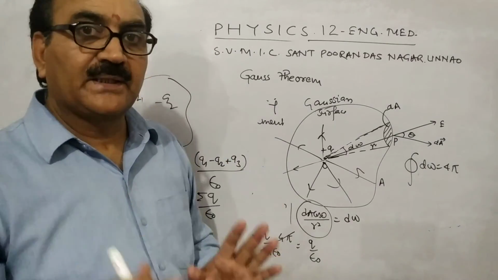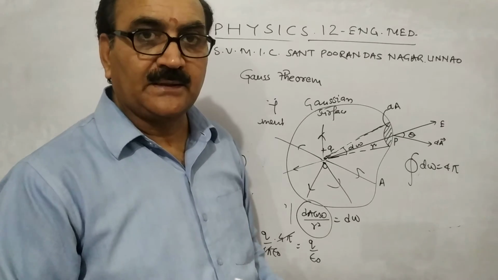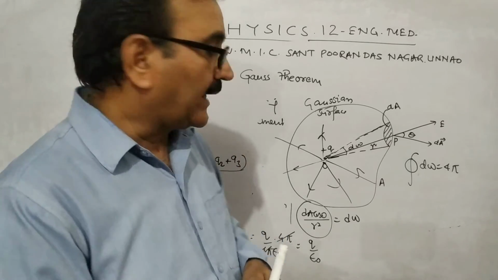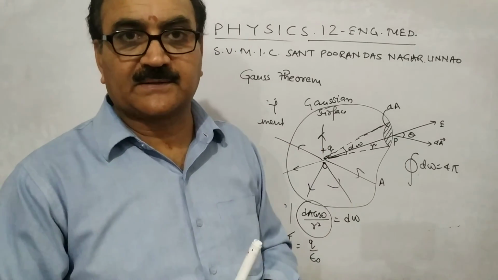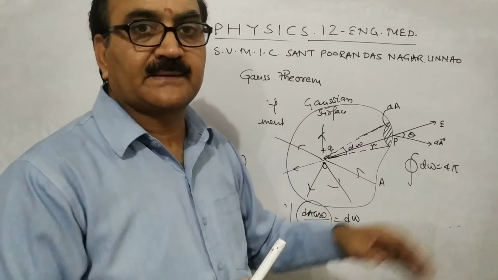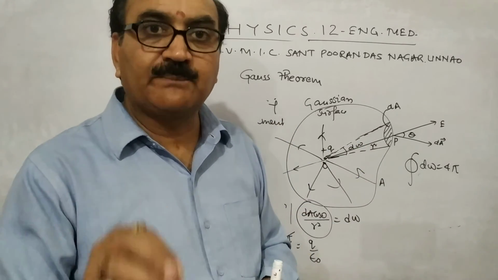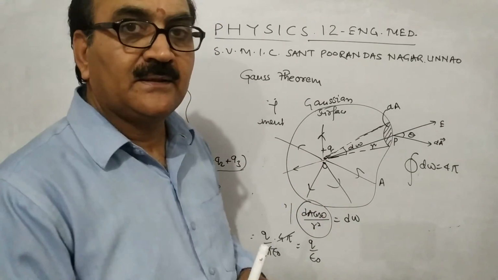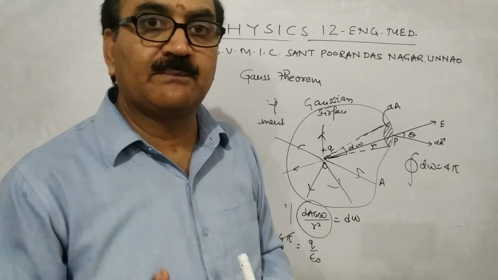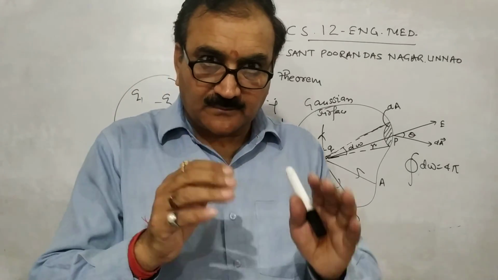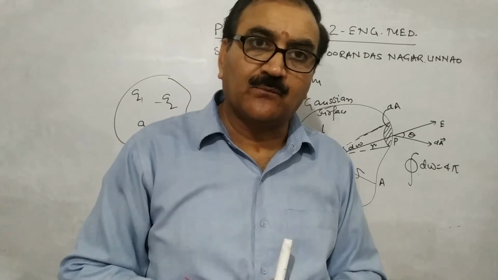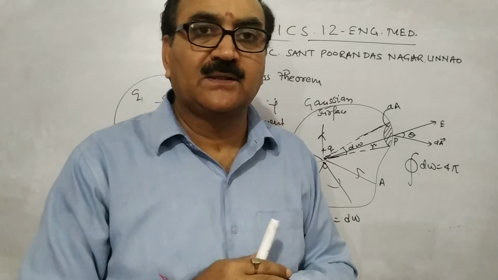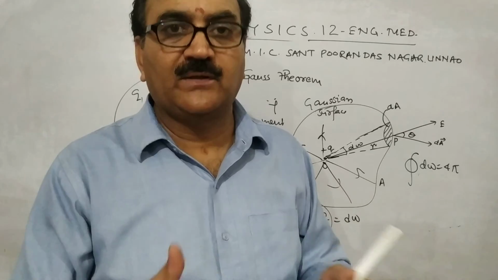Clear? Note that if electric flux emerges from the Gaussian surface, it will be counted positive. And if electric lines enter the surface, flux will be negative. This will be possible when this charge will be outside. If this charge be outside, then net electric flux will be 0. Keep remember, Gauss theorem is only applicable when charge is surrounded by the surface. If charge be outside the surface, then electric flux passing through it will be 0.